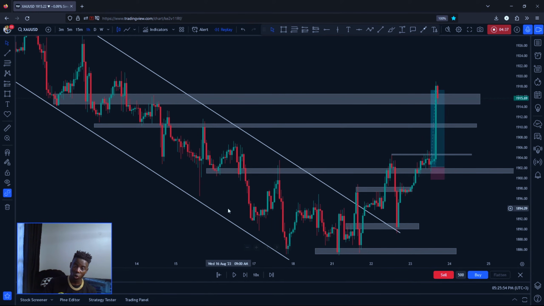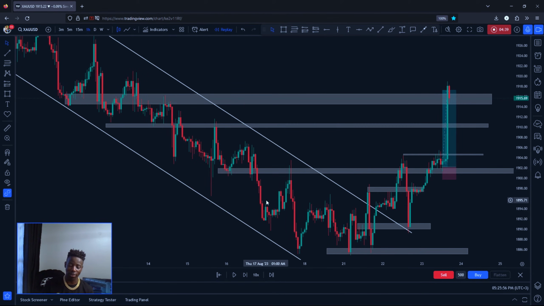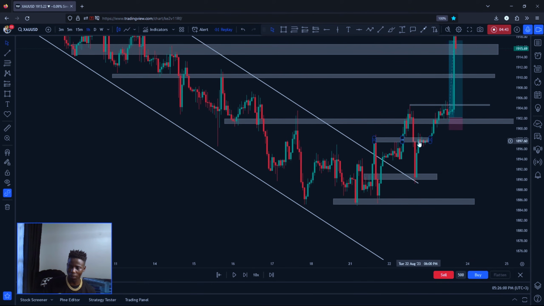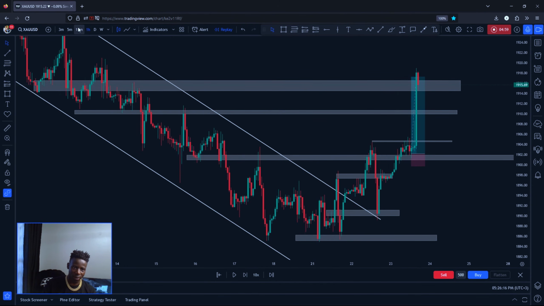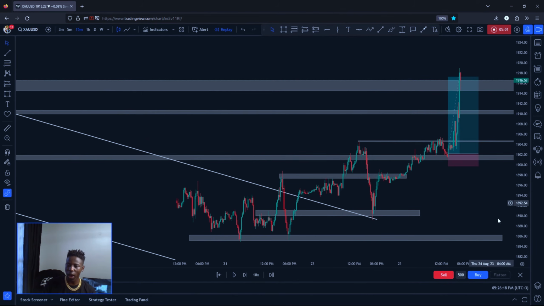Are you getting me? You look for the bias and the direction at the same time. Then you can see we have this support. We want to see these guys breaking the support, turning it into a resistance, so that we can sell, or buying while they are breaking the resistance, turning it into a support. Write this down. Now on a lower time frame like 15, that's when we look for an entry.